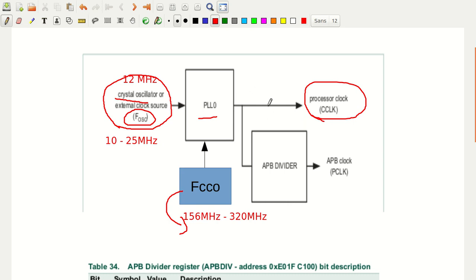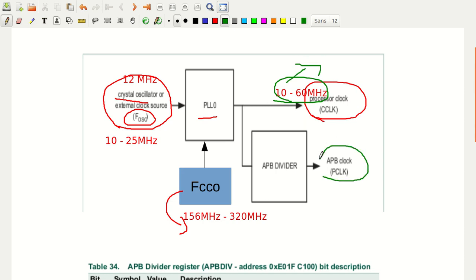So here, the design frequency of the processor clock, as we said, the PLL works as a frequency multiplier. So what we can get is a desired clock frequency of 10 to 60 megahertz. So 10 to 60 megahertz that we can have here. As you can see, it's a frequency multiplication. With the frequency of the current controlled oscillator, the input frequency is multiplied to the desired range here.